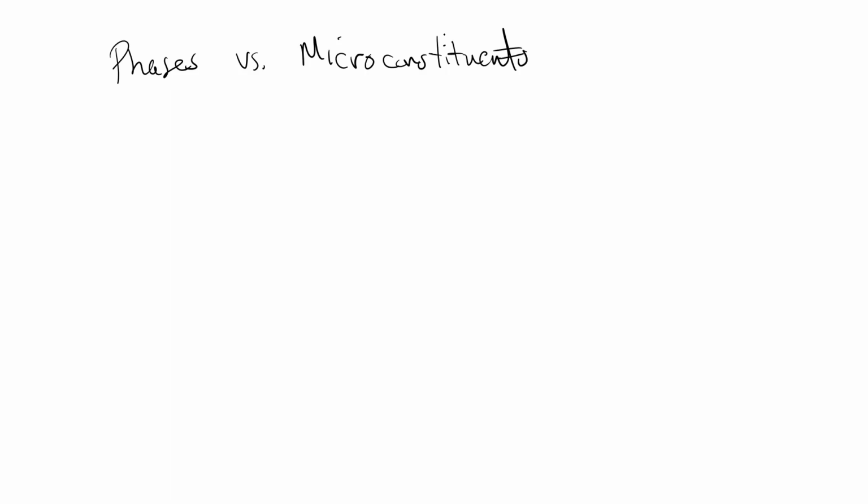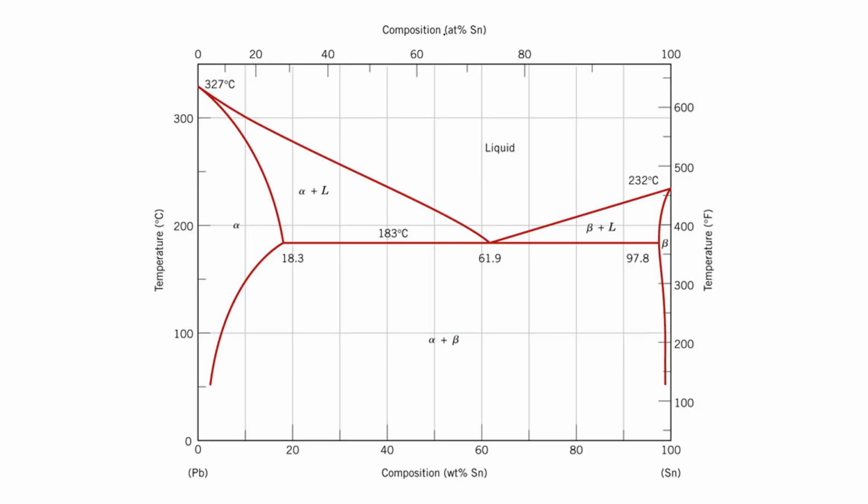So just to remind you, let's go to the lead-tin phase diagram that we were looking at. Remember, if we're at a point like this, you could always draw a tie line and do the lever rule and figure out what phases are present and what their composition is. But if we're looking at the microconstituents, the idea is to cool down slowly from high temperature. And we said if we're at this point over here on the left, the microstructure would look like